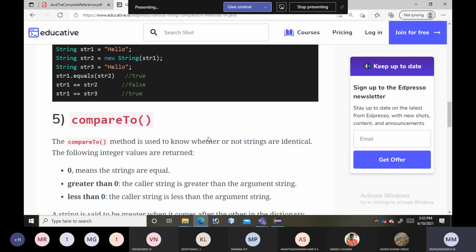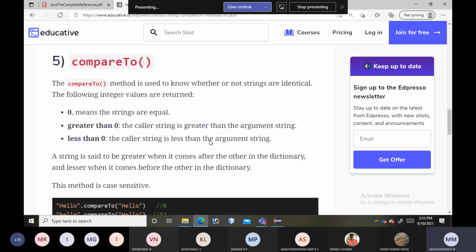Now, how do we decide which string is greater and which is lesser? If we take a dictionary, we say a string is greater when it comes after the other in the dictionary. Suppose a and b: in the dictionary b comes later, so we can conclude that b is greater than a.